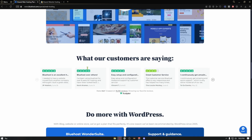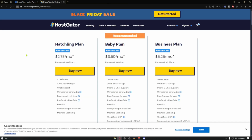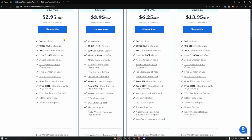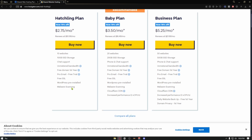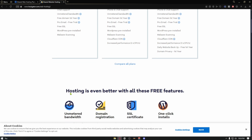Now, moving on, let's talk about the pros and cons of each website. Now, let's start with the Hostgator pros. One of the main advantages of Hostgator is its affordable pricing. Once again, the lowest pricing for Hostgator is $2.75. Meanwhile, for Bluehost right here, it's around $3. Hostgator generally offers slightly lower starting prices than Bluehost, making it a great choice if you're tight on budget. Another plus is its user-friendly Gator website builder, which is great if you need to set up a website quickly